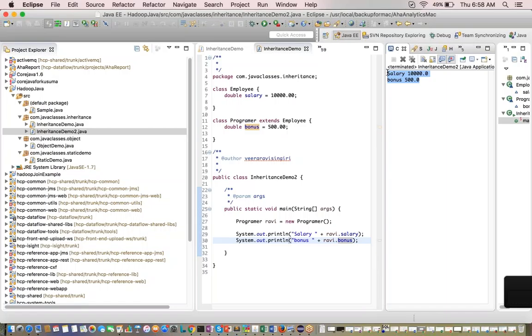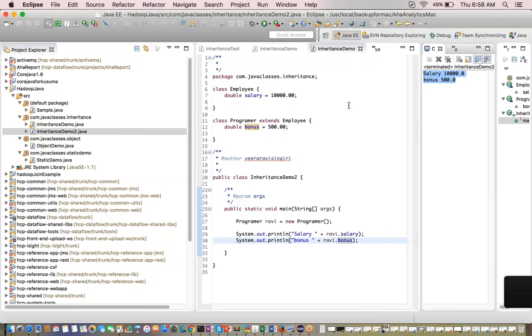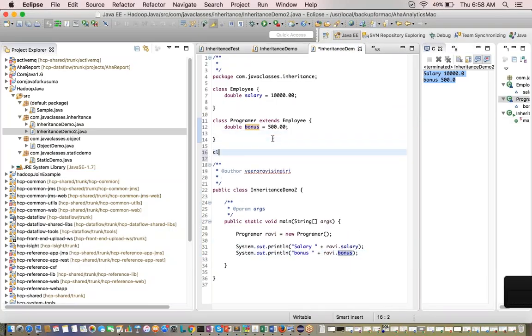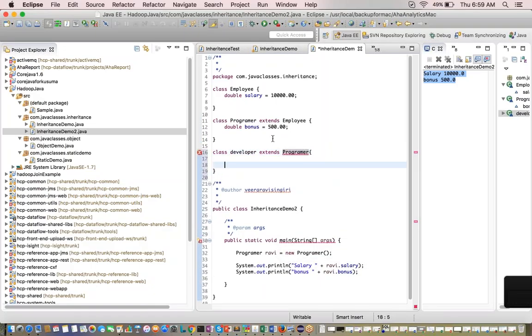Is it clear, Ramya? Ramya, is this clear? Yeah. So this is a single level inheritance. We have only single level inheritance. If I have something extends programmer and has some examples, I mean he has his own properties like